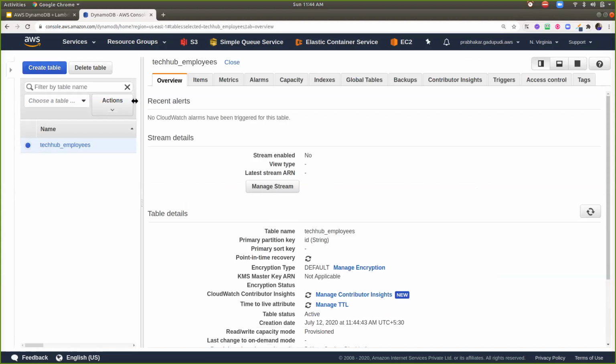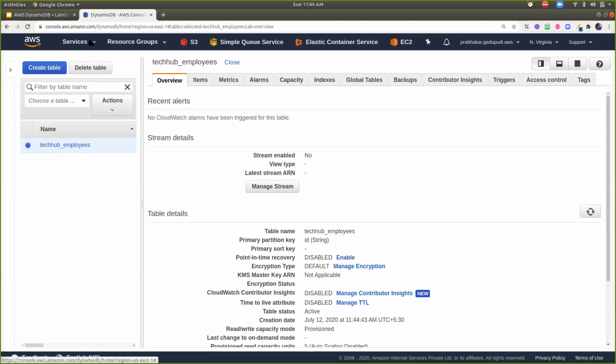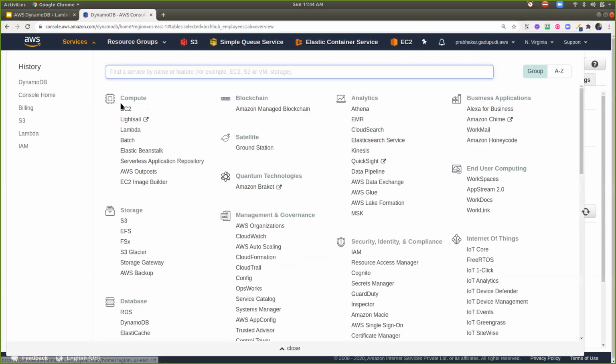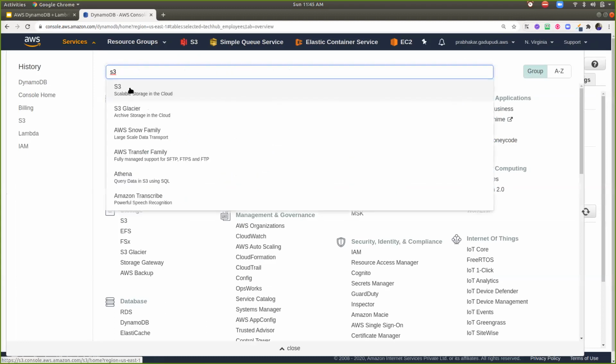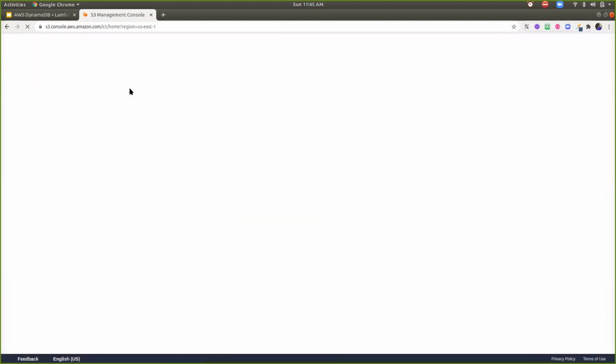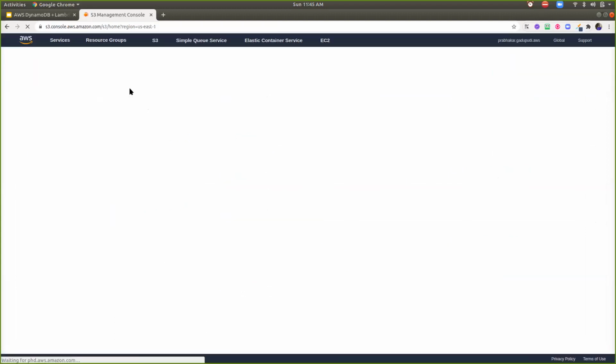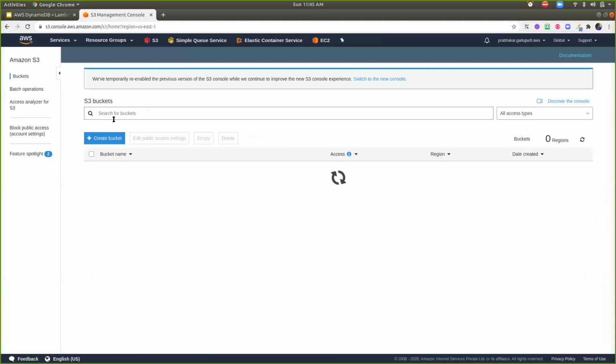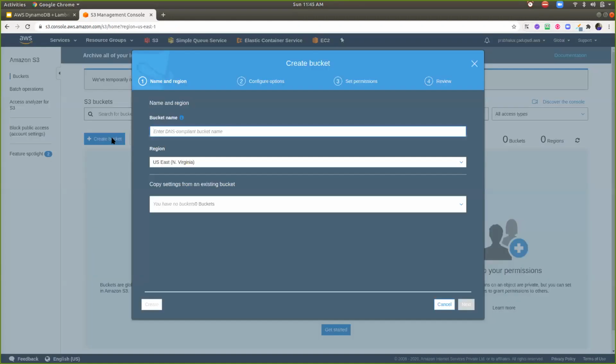By that time, let's go ahead and create an S3 bucket. Here, go to services and type S3. Inside that, my bucket name is TechHub_bucket. Okay, create a bucket, but make sure that whenever you are performing any Lambda actions, your bucket should be in the same region as your Lambda function.